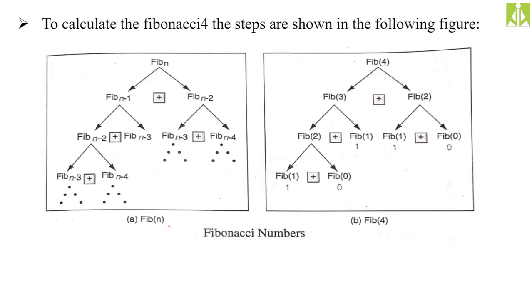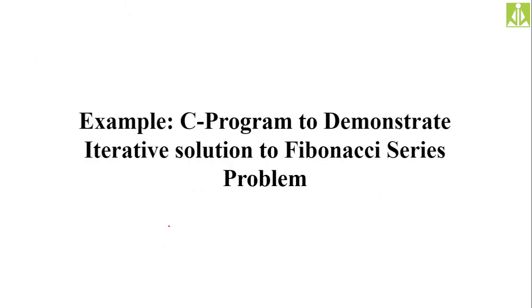That you need to remember. Here is how this calculation goes: whenever you are going for Fibonacci of n, you have to do Fibonacci of n minus 2 plus Fibonacci of n minus 1. So to get n minus 1, you need n minus 2, n minus 3; to get n minus 2, you need n minus 3, n minus 4, and like that the series will keep on going. We need to see examples to get the Fibonacci series in both iterative as well as recursive ways.